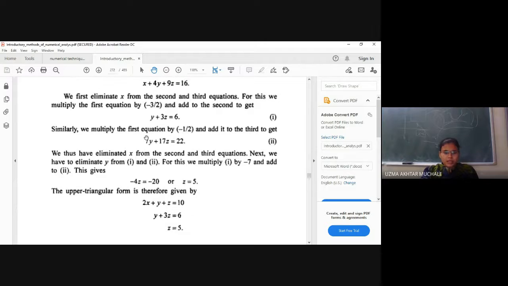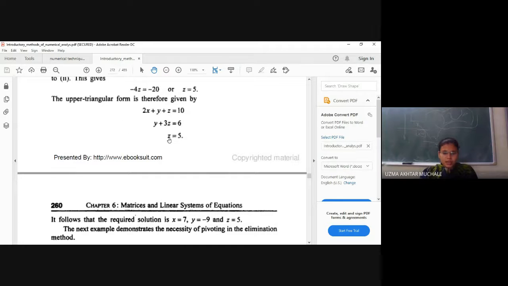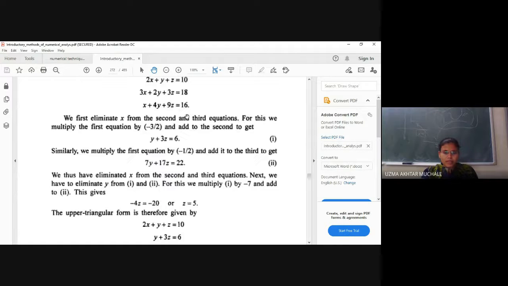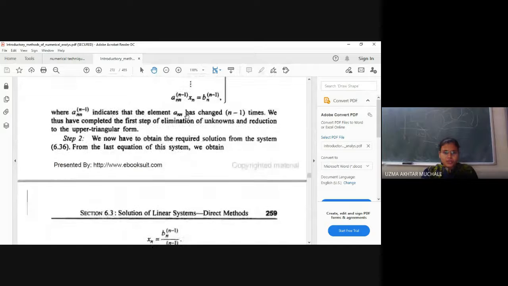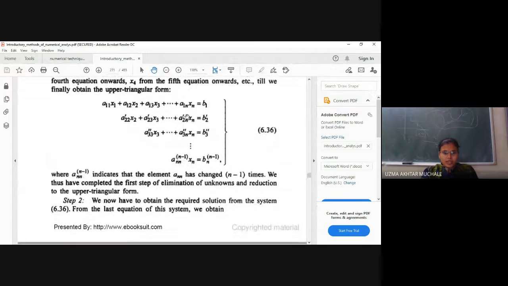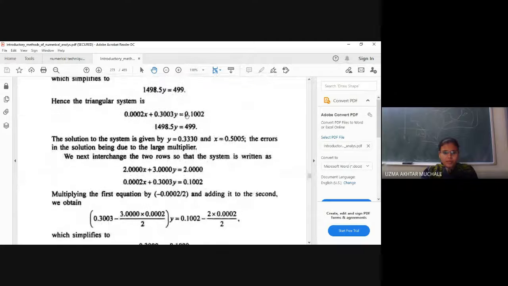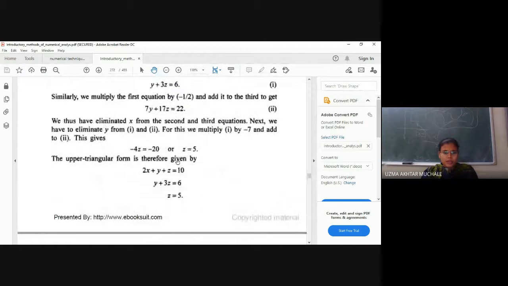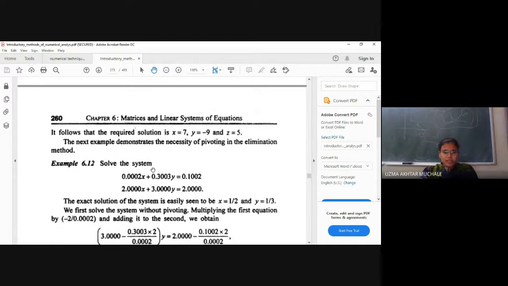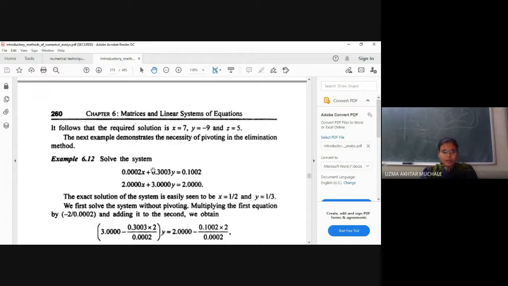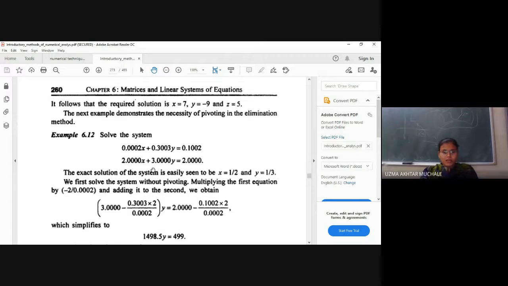Hence we will reduce to this system, and here you can get the value of z, just like we got the value of xn here. We have only three equations, right? So here we have got the value of z. After getting the value of z, put z is equal to 5 here. 5 into 3 is 15, and 6 minus 15 gives you the value of y as a minus sign. Similarly, after putting in the values of y and z, you can get the value of x from the first equation. So we have got the value of x as 7, y as minus 9, and z as 5.